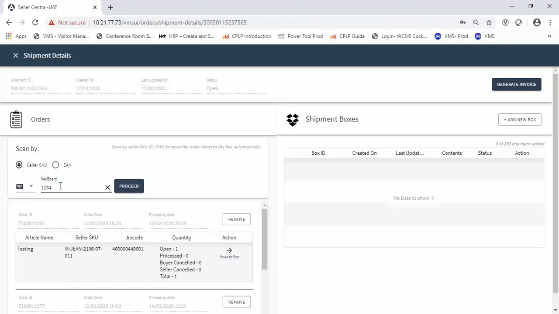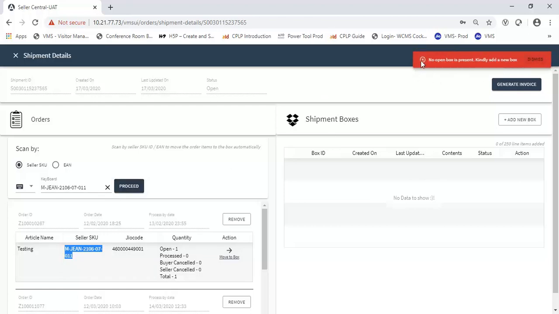So let's check with this SKU, which is MJEN 210607011. I am trying to add this seller SKU to the box. Now that I've entered this, I can click on proceed.